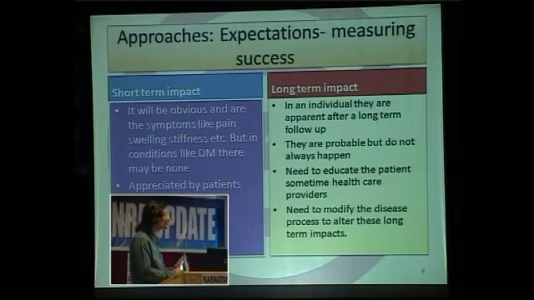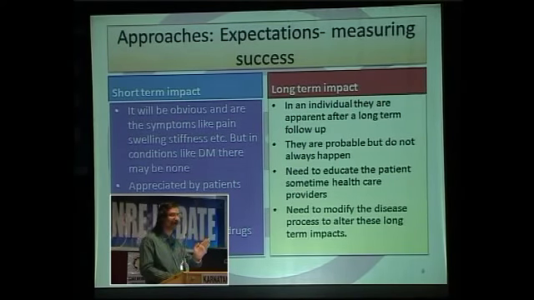Whereas in a short-term impact, in acute diseases, we know each other that these are the changes that are going to happen, and it's quite obvious to both the patient and the provider that this change has happened. And as I said, the short-term impact in rheumatic disease can easily be managed by symptom-modifying drugs. When it comes to the long-term impact, we need to modify the disease process. The disease process needs to be modified over a period of time, which in turn reduces the long-term impact of these